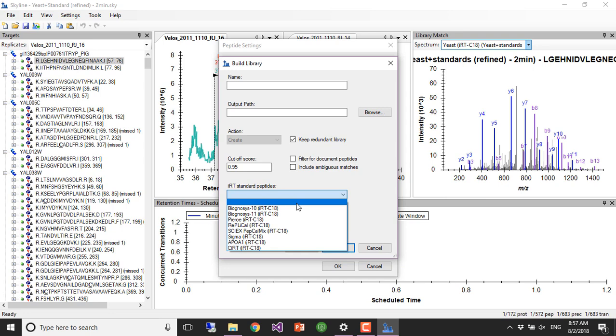And so we've got Biognosis. Pierce is what our lab uses a lot. We use the PRTC, the retention time calculator from Pierce Thermo. And SciEx has their own. I think Replical maybe comes from Waters, Sigma, Aldrich. And then there's also this ApoA1. That's what Andy was talking about yesterday. It's a 15 labeled ApoA1 that can be used both as a retention time standard and as a normalization standard